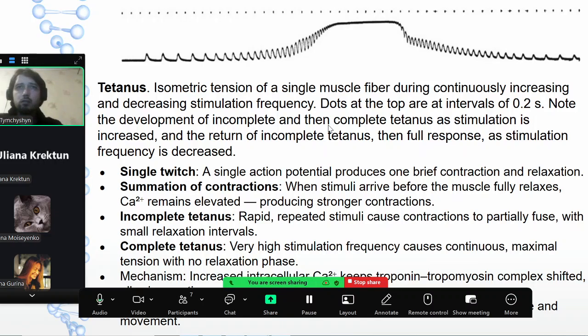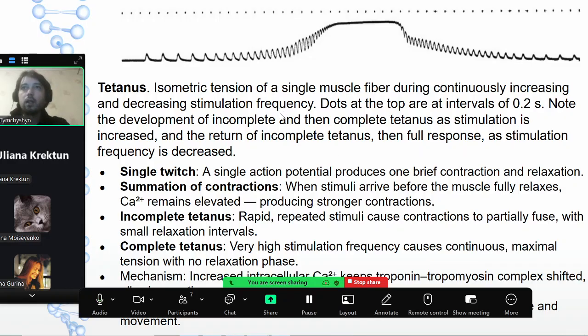Here are a few more terms for you. So we have considered when just one action potential comes to the muscle, but what basically happens when a few action potentials come to the muscle? The term tetanus: isometric tension of a single muscle fiber during continuously increasing and decreasing stimulation